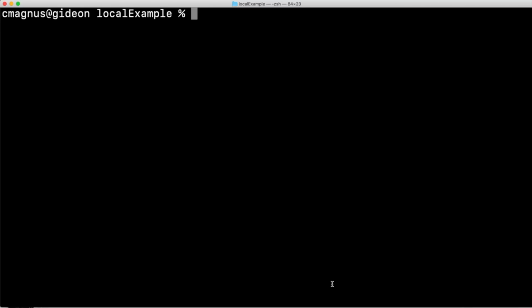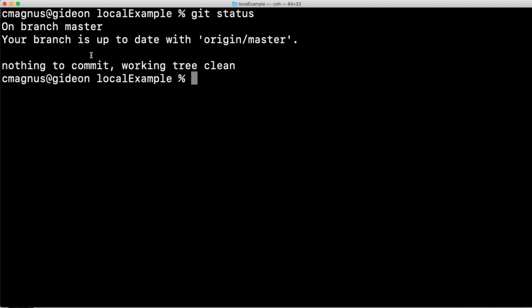Let's assume you've already changed your directory to be inside your Git repository. I can type git status to see what's going on. It tells me that I'm on the main branch and that I'm up to date. If I just want to know about branches, I can also type git branch. It's going to tell me that I'm just in the main branch.